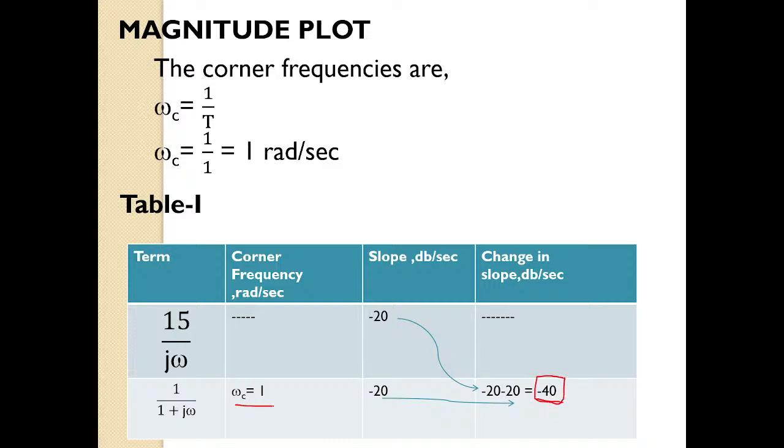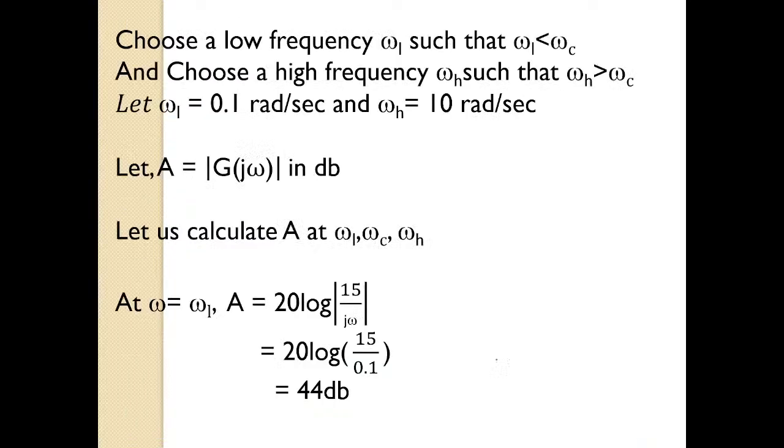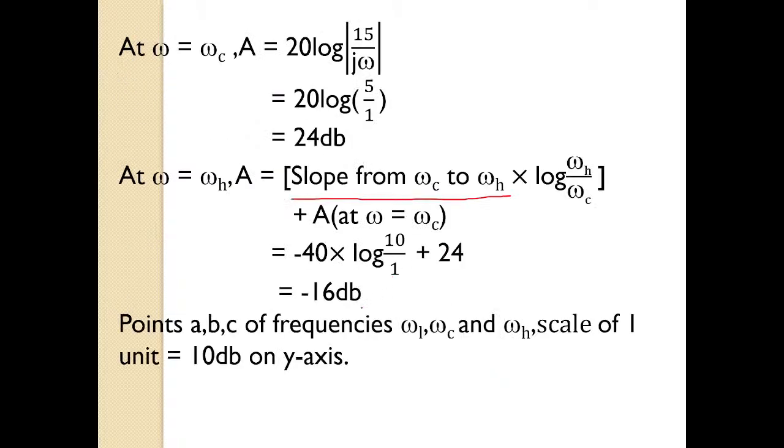This is omega C, isn't it? So from omega C to omega H is the next level. Here we didn't write it. But at omega equal to omega C, what is the slope here? Minus 40. So the slope from omega C to omega H is minus 40. So it is minus 40 into log